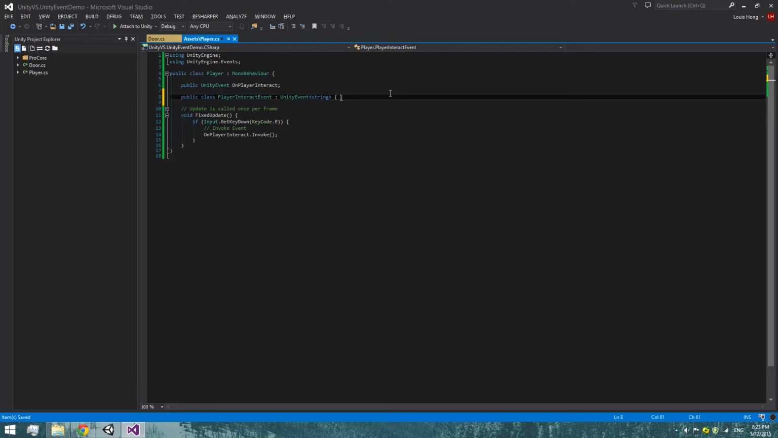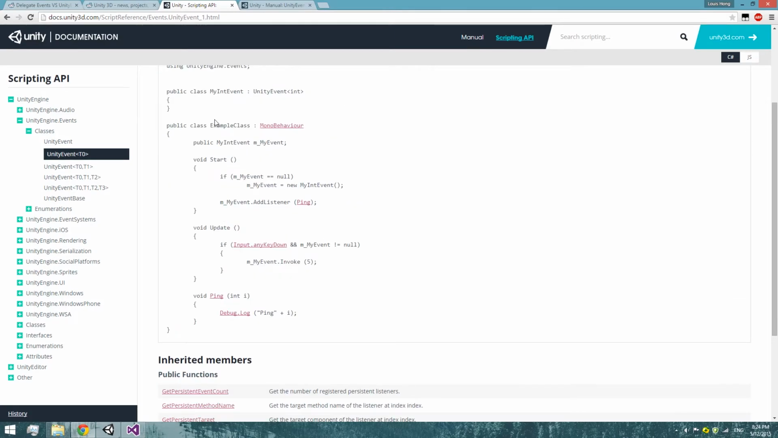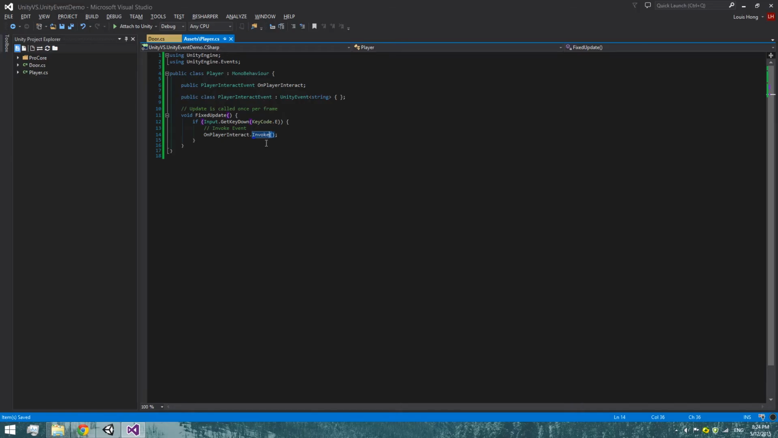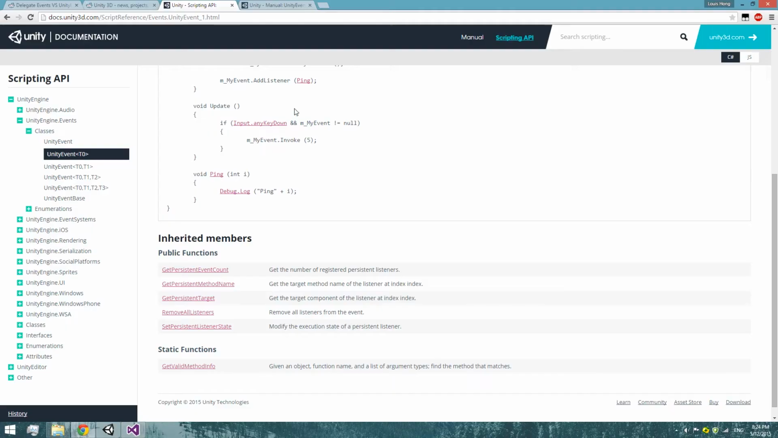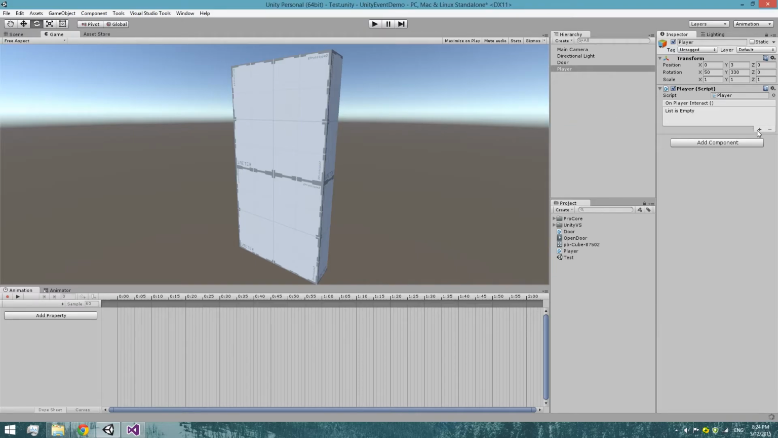So I'm going to do this empty class, and then instead of using Unity event, we're going to actually use our own interact events with the generic of a string, which changes how invoke works. So basically you can pass in a string through invoke now, or whatever your generic was. So we're gonna do a wrong password first, and then go back here, drag in door,